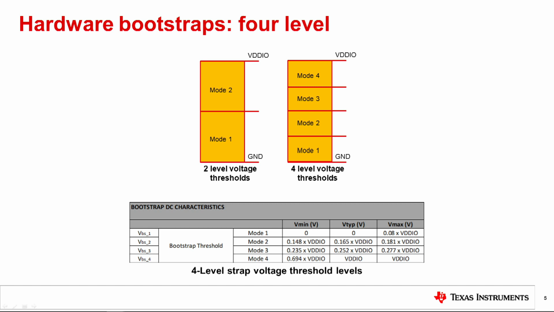As opposed to 2-level straps, 4-level straps have intermediate voltage levels. This allows for more functionality, being able to set 2 features with a single pin, but requires stricter component selection. There is a tighter requirement for resistor tolerance, leakage current, and other factors that affect component performance. The voltage thresholds for each strap level will be provided in the datasheet as shown by this example. Note that when using 4-level strap pins with pin sharing, the internal pulls of the connected device must be considered. MACs sometimes have internal pulls which will affect the strap voltage, and the external strap resistors will need to be adjusted accordingly. All resistors should use the recommended values with a 1% tolerance.